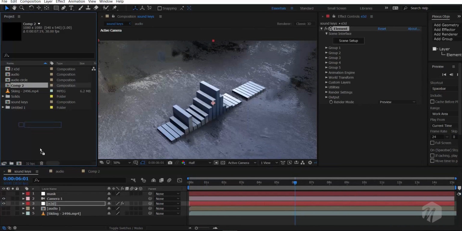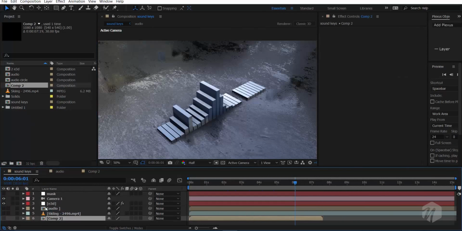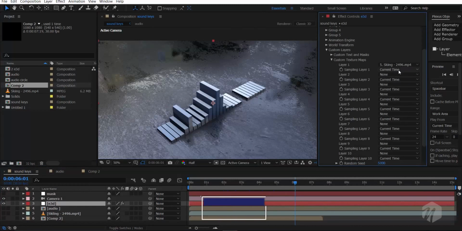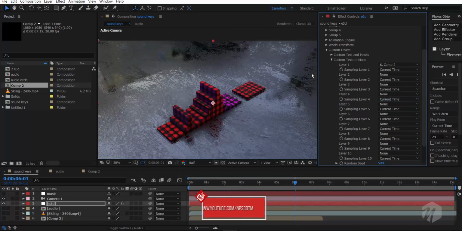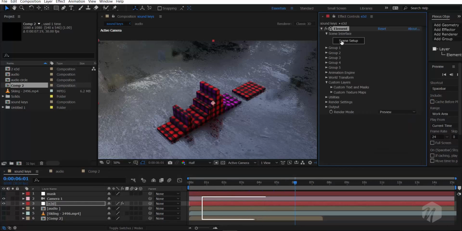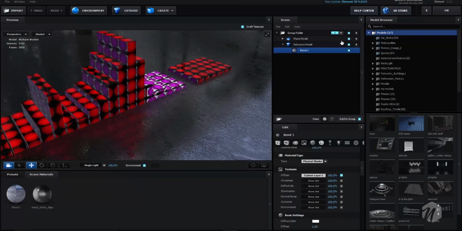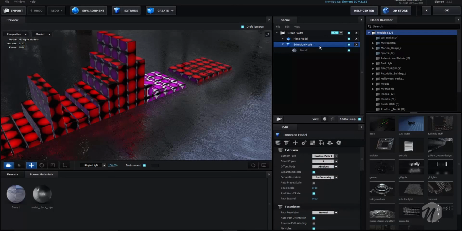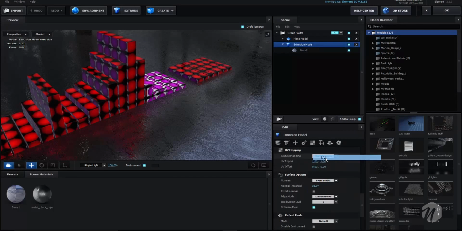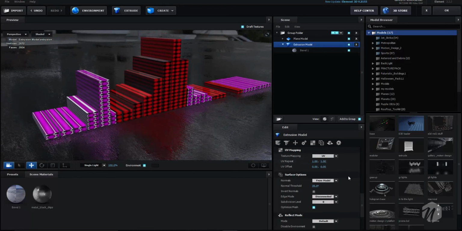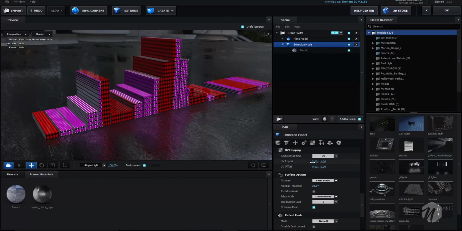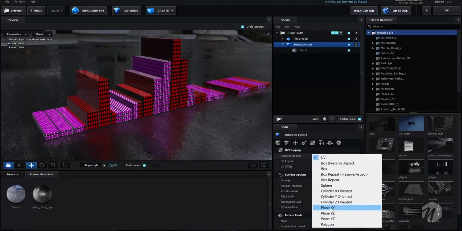So put this comp here, Element 3D, custom layer, and here we'll put comp 2. So you can see this one. Go to the scene setup and go to the model UV mapping and choose the UV. So this will look like this, and it depends on what you play. So maybe 3, or just